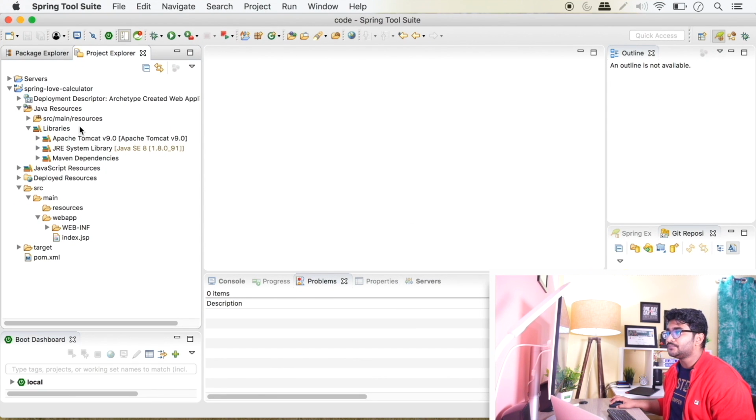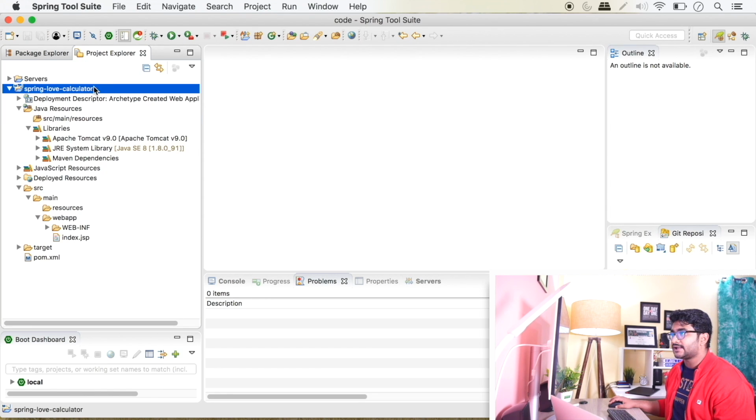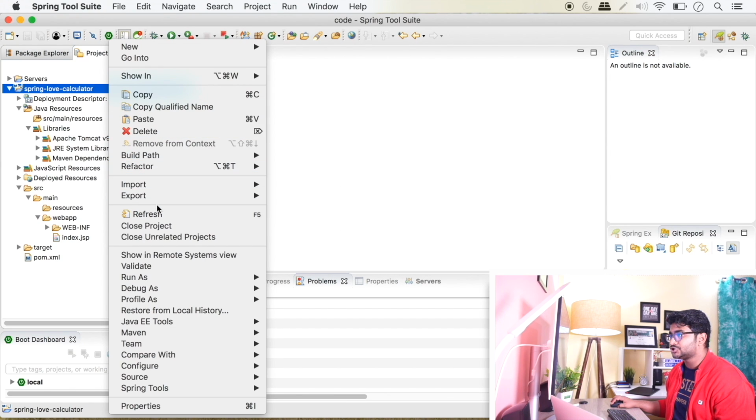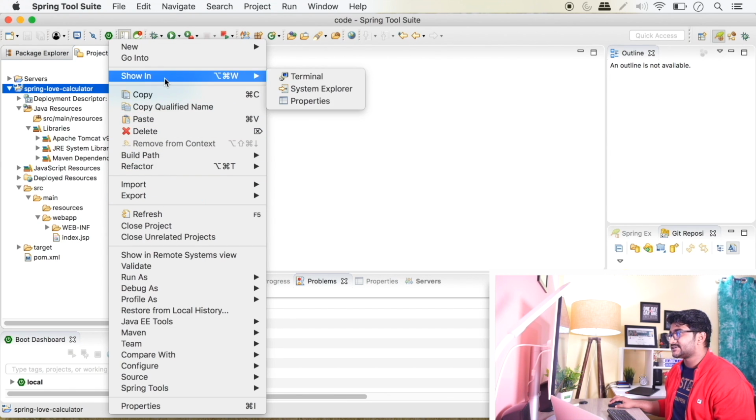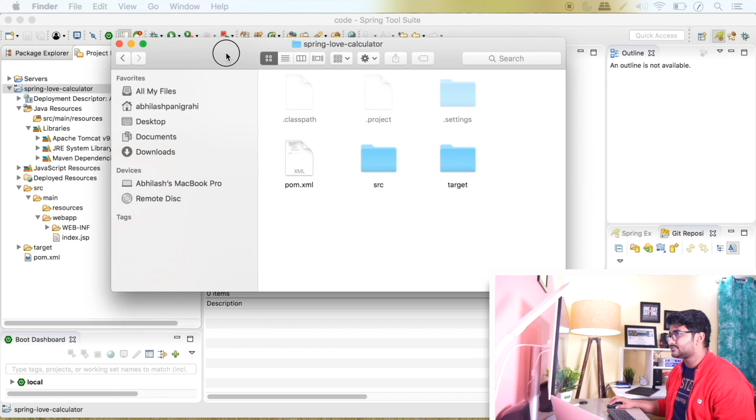So I can go to Java resources. I'll go to source main resources, but I do not have a folder here called source main Java. So what I can do here is right click in my Spring Love Calculator project. I'm going to go to this particular project directory. I'll click on System Explorer, and right now inside my Spring Love Calculator,